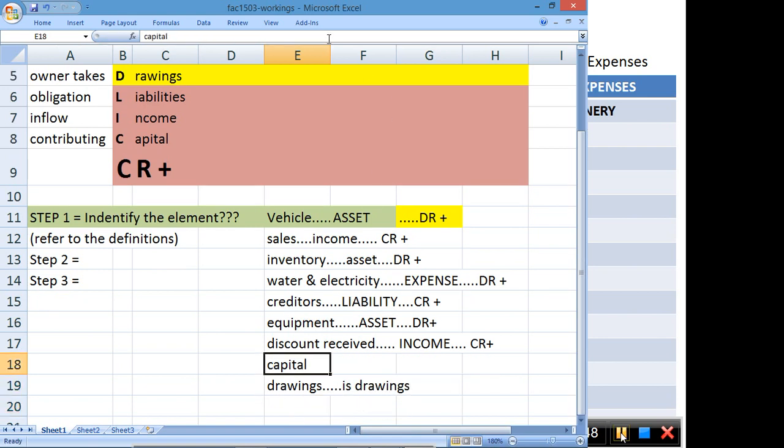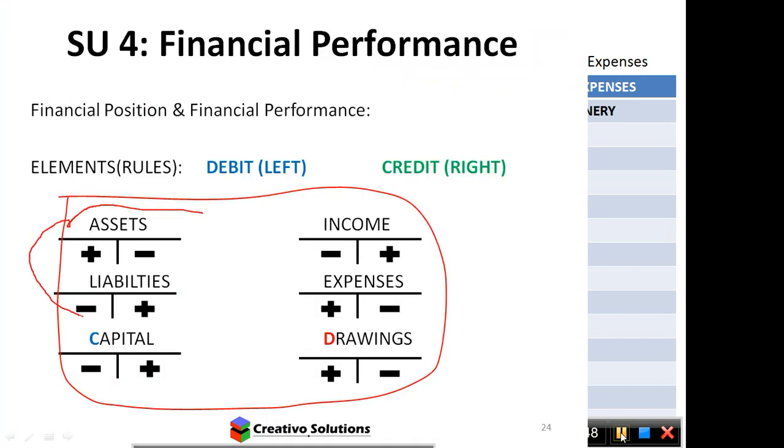It identifies itself. Capital is capital. It identifies itself. Okay, at this level, you guys will never ever see any other capital accounts, and you will never see any other drawings accounts. Okay, you can see other assets. Okay, that's why I'm talking about inventory, equipment. Okay, but capital for you guys will be capital. Drawings for you guys will be drawings. It'll never be anything other than those two. Okay, so when it comes to application, those two are actually easy to identify because they identify themselves. Okay, it's these four that you need to apply yourself a little bit in terms of assets and liabilities, income